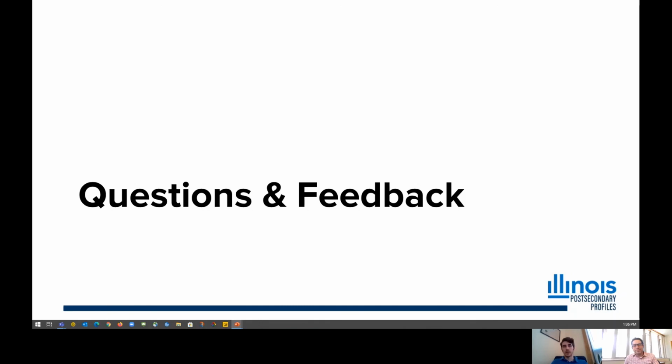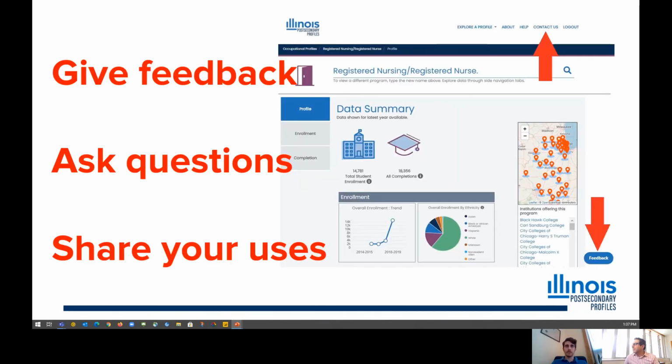So there are currently a number of ways for users to engage with the site and share their input, whether that's just questions as to what they're seeing or just specific comments. So you'll see here, just looking at a general profile page, in this case, for the Path 2 occupational profiles, at the top banner, you see Contact Us. Feel free to reach out.